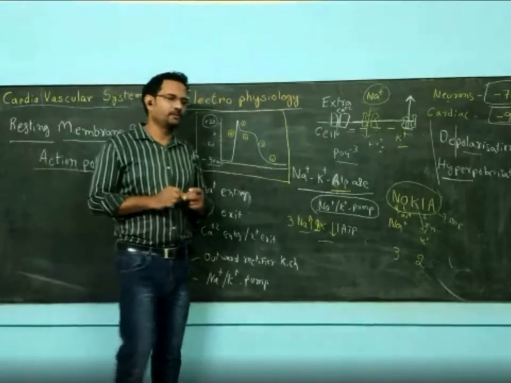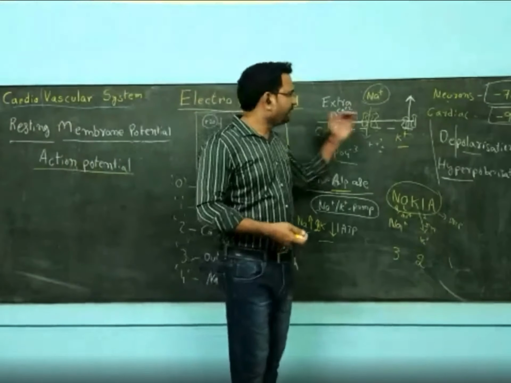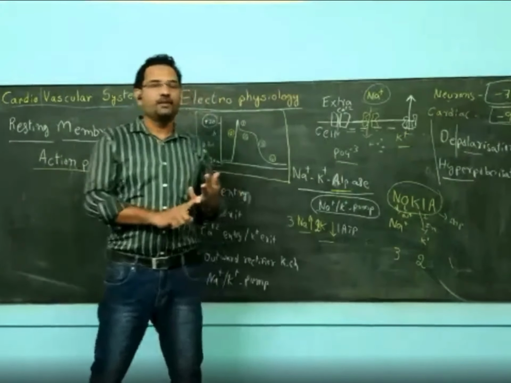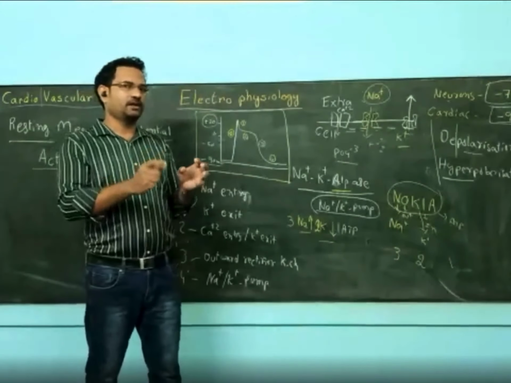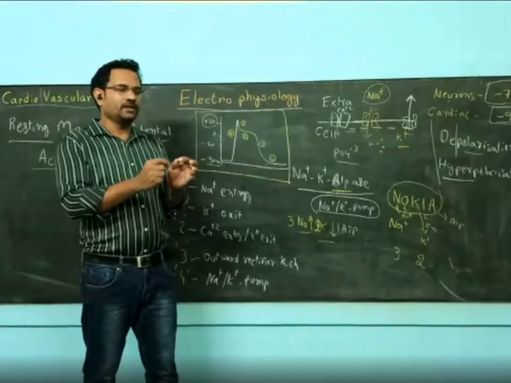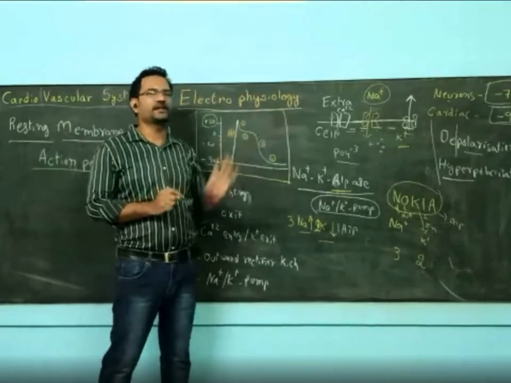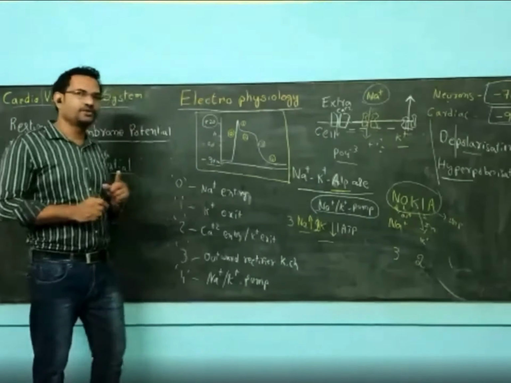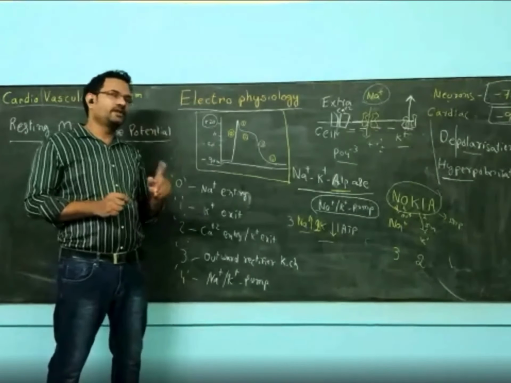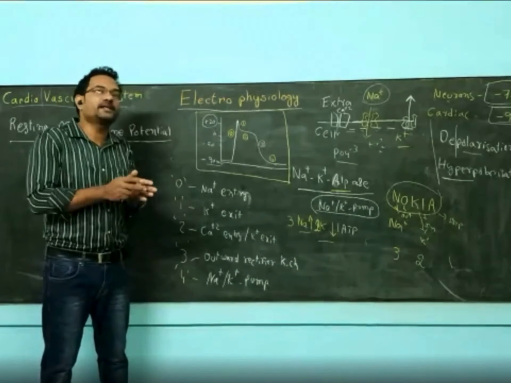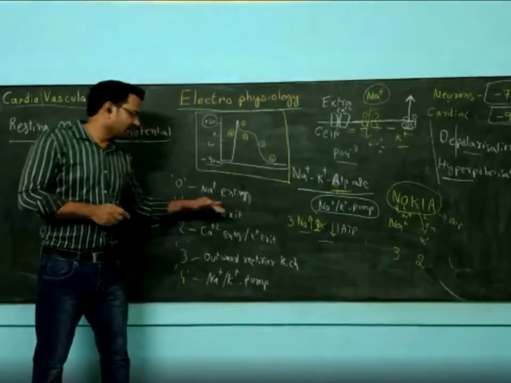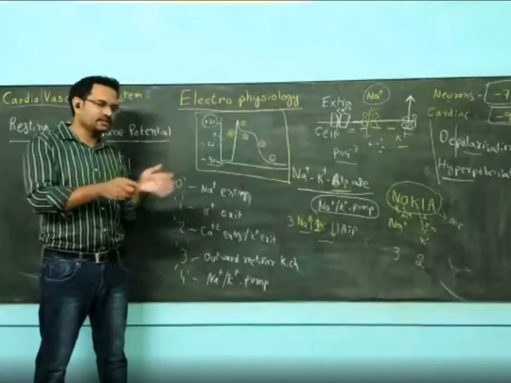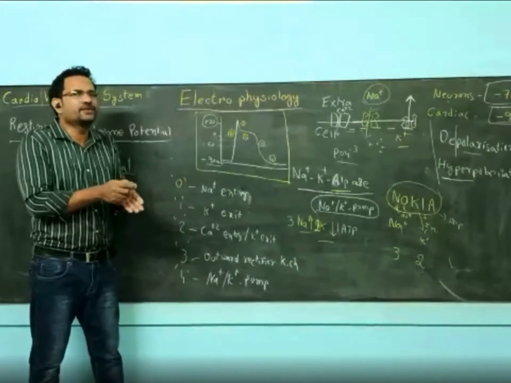You need to understand one more thing. All of them are voltage-gated ion channels: sodium, potassium rectifier, and calcium. But the way they respond is different. When there is a potential change, the sodium channel opens immediately. That is the reason why the first phase is given by sodium. Change in voltage also opens calcium, but it takes some time. Calcium realizes the voltage change is there, then it will open. It is a kind of slow channel.